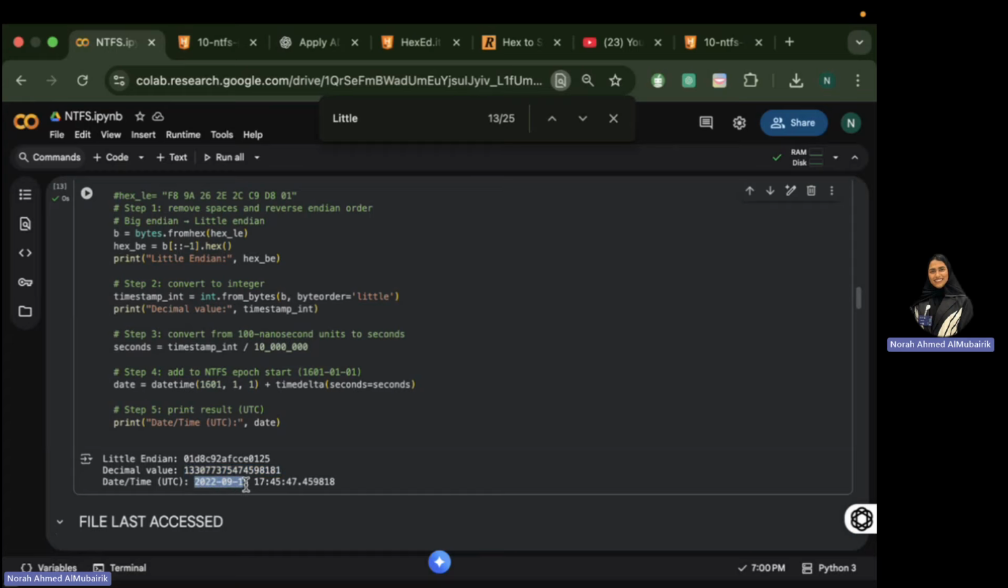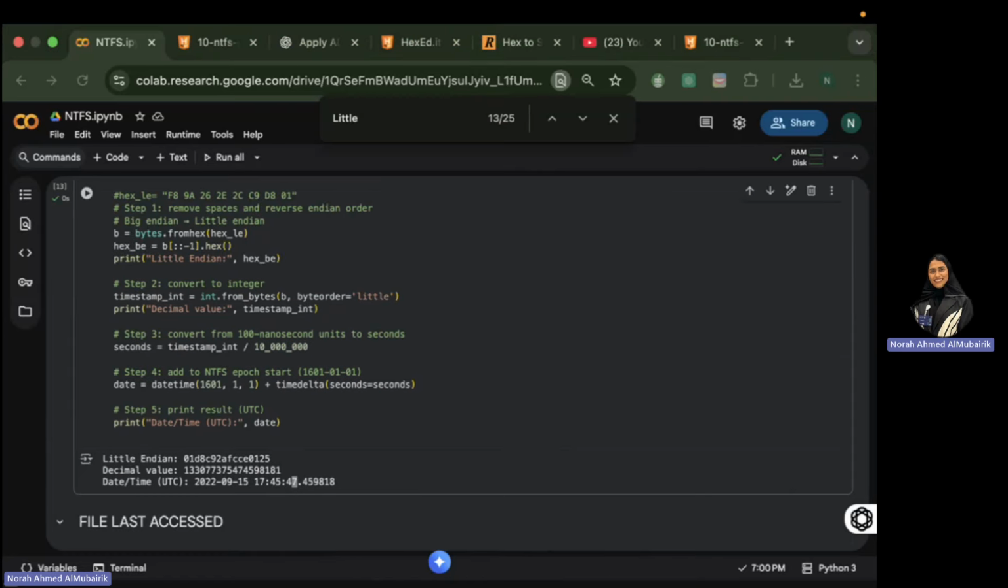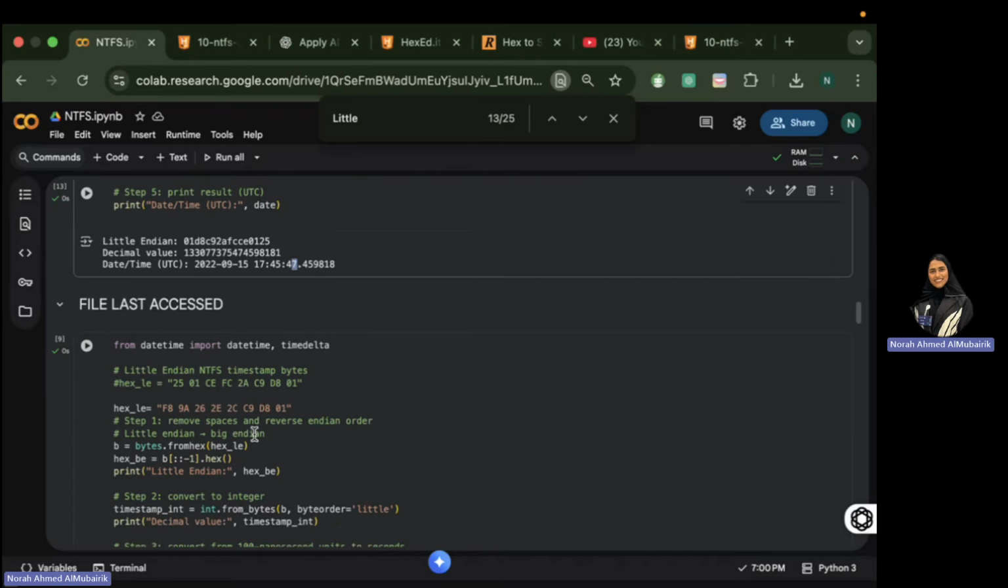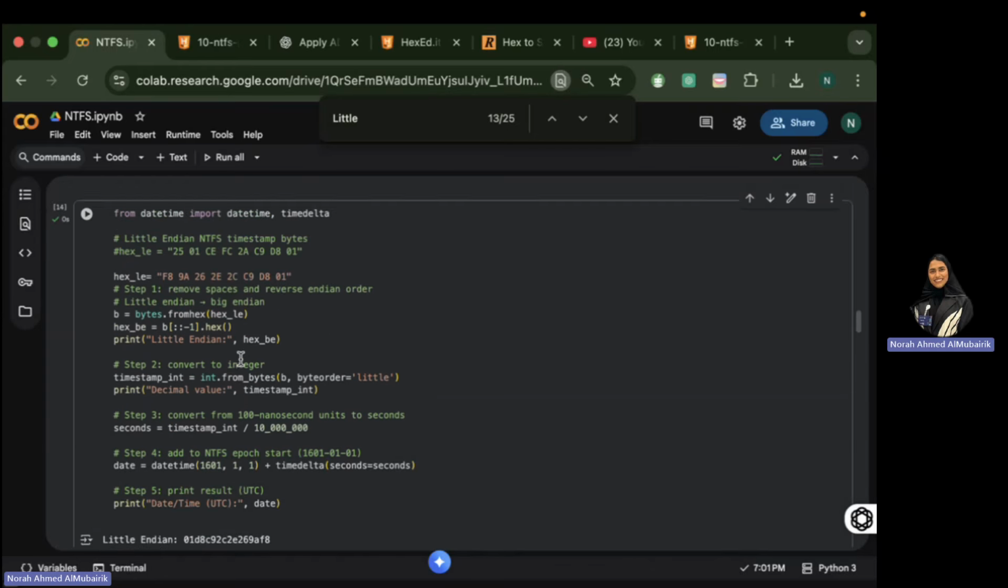So this file is created on 15th of September in 2022 at 47 seconds, which means at 5 p.m., 45 minutes and 47 seconds. So the file was created at this time. Also, we have other information, the file modification and the file last access. So we can also check the file last access. This is the file last access. I will feed it here and then run it from big endian to little endian. So it will tell me that